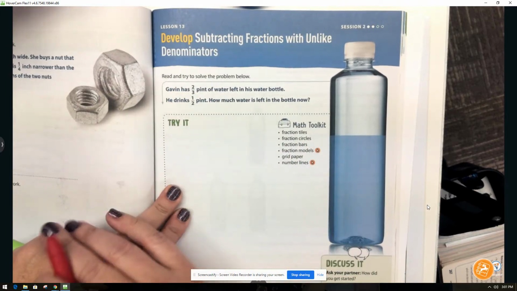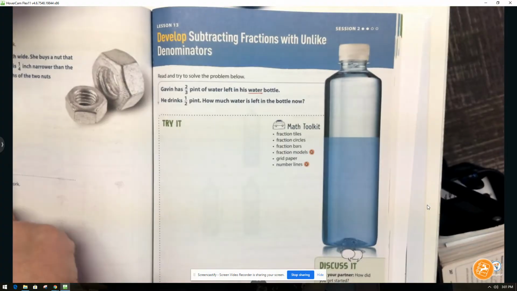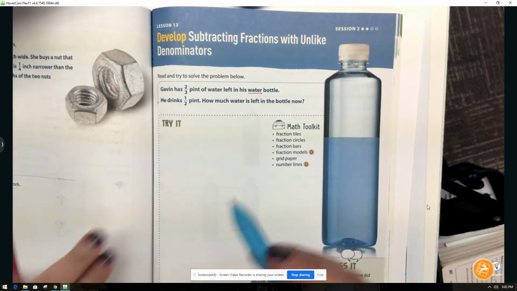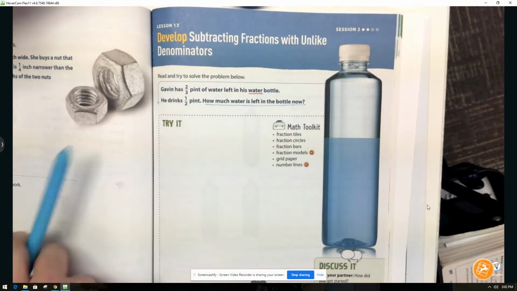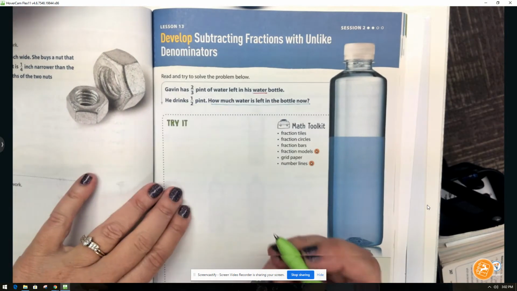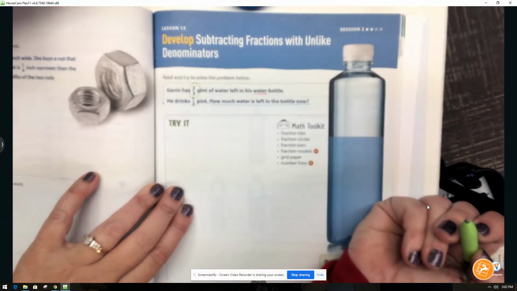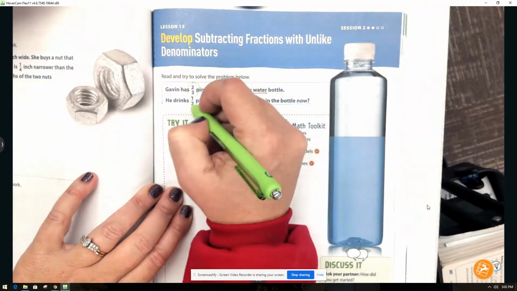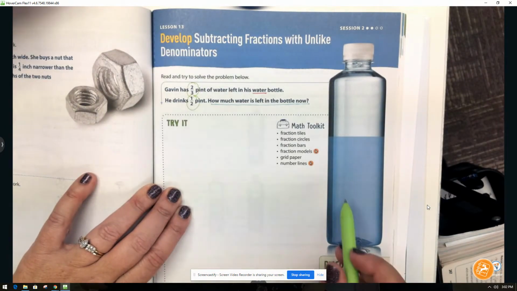So first of all, what are we talking about? We're talking about water in a water bottle. And the problem that we're trying to solve is how much water does he have left in the water bottle after he drinks some of it? And then finally, what is the important information? The important information is that he has 2/3 of a pint when he begins, and then he drinks half of a pint. So he doesn't drink half of what he has